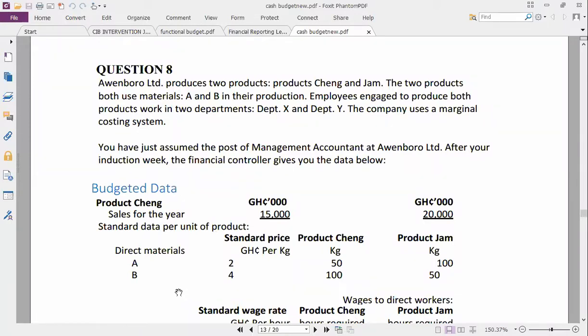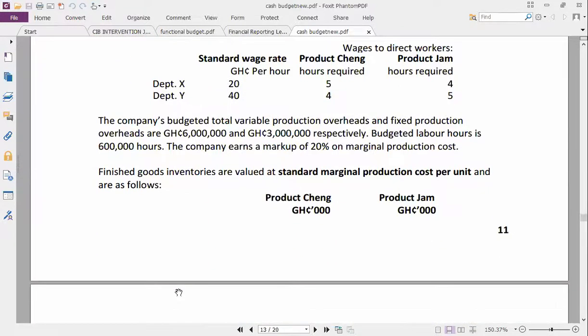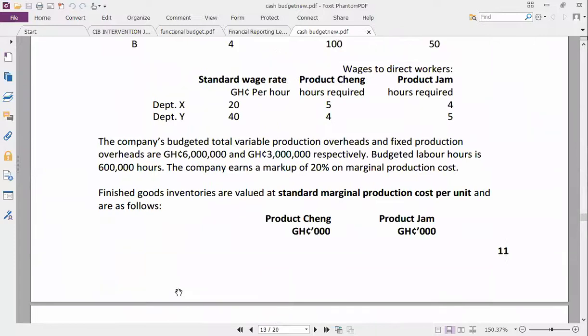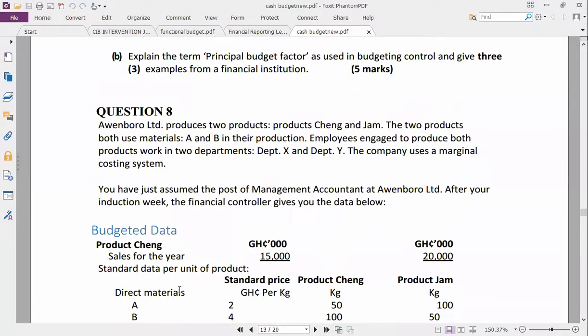Yes. And this one too has also been solved in the video. In fact, all these questions have been solved. Question 7 and question 8 have been solved. So if you are going through the video, the specific ones,